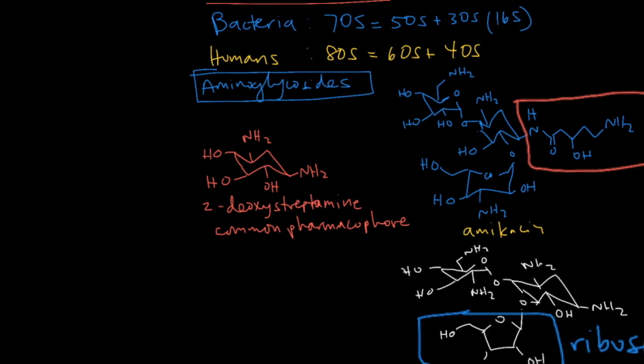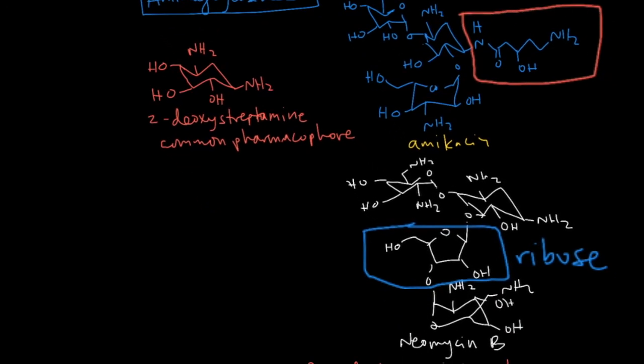Aminoglycosides and tetracyclines work by binding to the 16S rRNA of the 30S subunit of the ribosome. Remember that aminoglycosides have a common pharmacophore, gotta say it in your sleep, 2-deoxystreptamine. Remember, amikacin